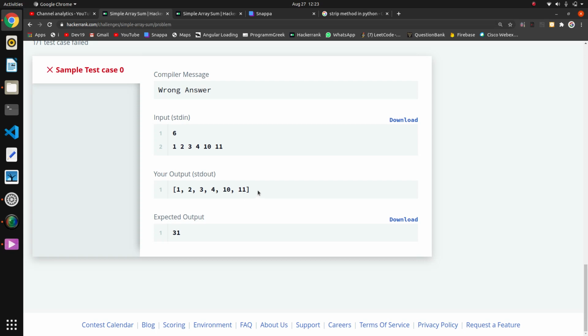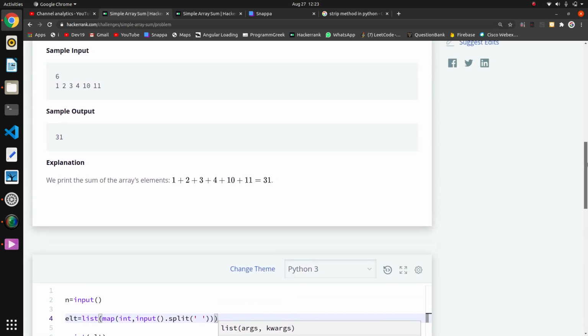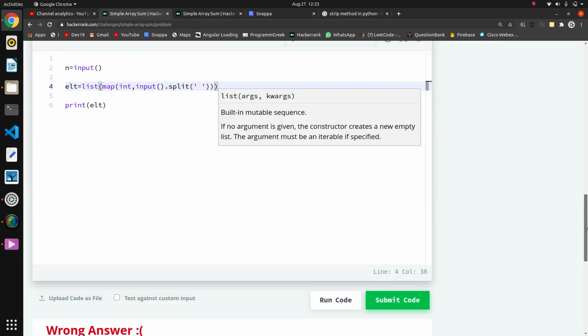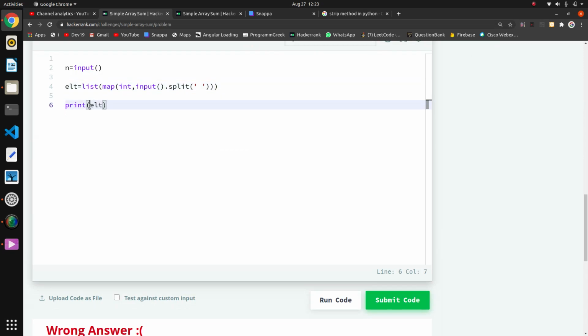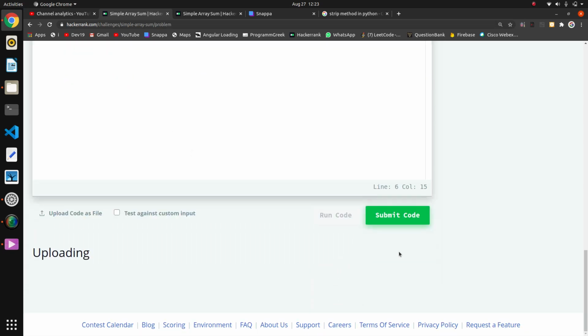Now it is fulfilled that we have created a list of all integers, meaning we have taken all these elements into our expected array. Now we just want the sum of all elements of the list. There is an inbuilt function in Python, that is sum. If you pass the list to that sum function, it will directly give the output.